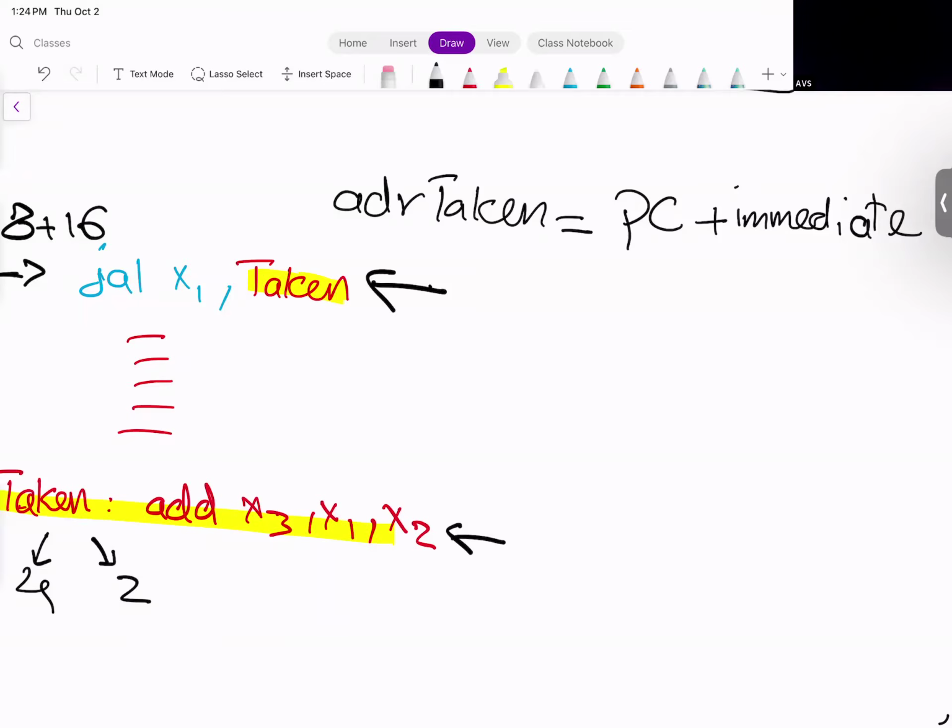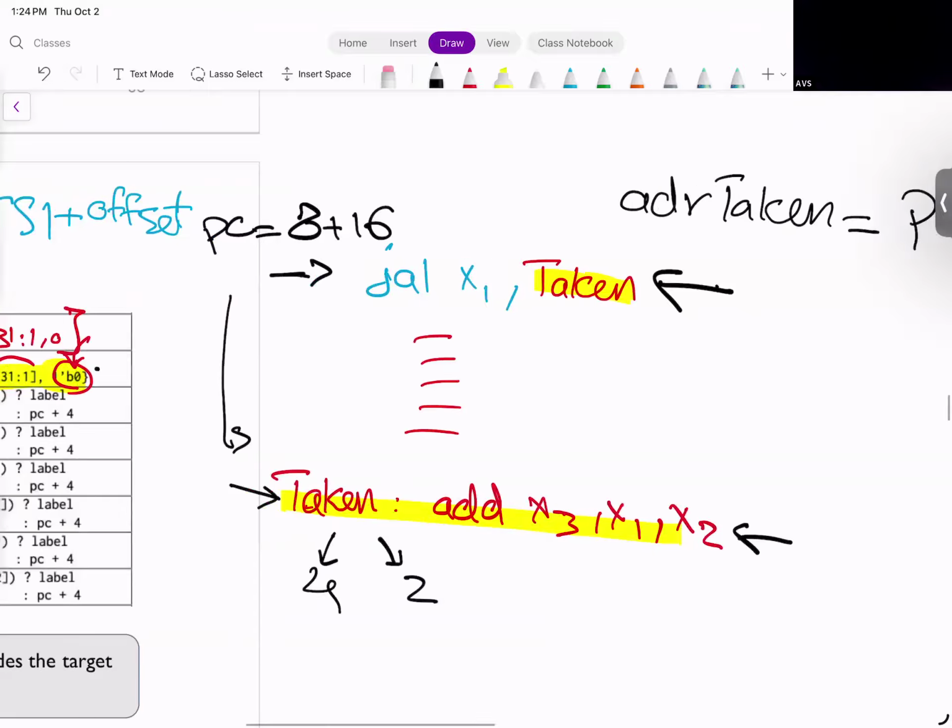But the link one is a separate story. The link one is just for remembering your PC plus 4 for cases where you want to return. In the majority of cases, you don't want to return. So the linking part is basically useless. It could be a function name as well. Yes. But then when you're writing the program, you have to basically use it this way, the name and a colon, and